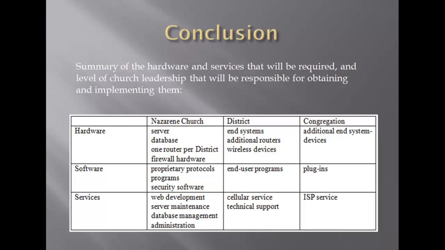Implementing this Internet will be a significant investment for the Nazarene Church. This breakdown, following the general hierarchy of the organization, will help the church manage the costs of implementation and maintenance, while providing all leaders the benefits of the Internet. The church will fund the server, database, and some routers. It will also pay for the web development and other central services at the network level. Districts will be responsible for providing hosts and additional hardware to their congregations. Internet Service Provider (ISP) contracts will be negotiated at the congregation level depending on the ISPs available to the area.